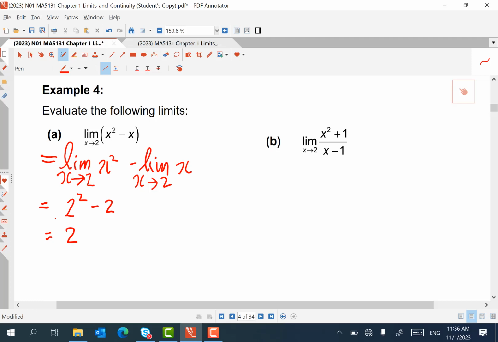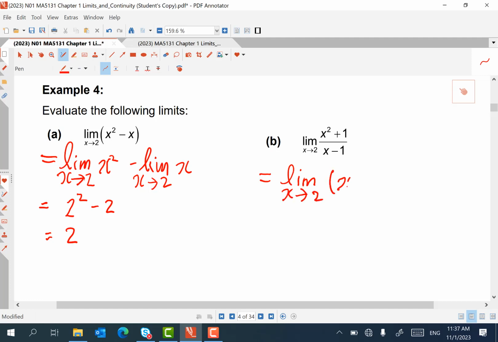For example 4, class. Of course, some of you will just plug it in, but if you were to make use of the earlier theorems, you could just break this up into the difference of the two limits, and then you can evaluate 4a. Likewise, for 4b, the same thing goes. Of course, you say, hey, I could just plug it in, and there's nothing wrong with that. Or if you want to, you can make use of the earlier theorem and say that this becomes